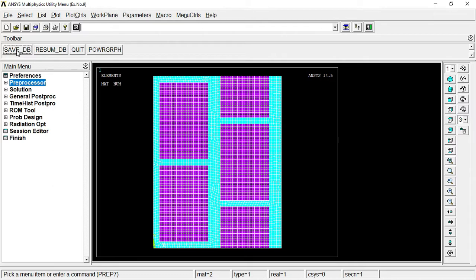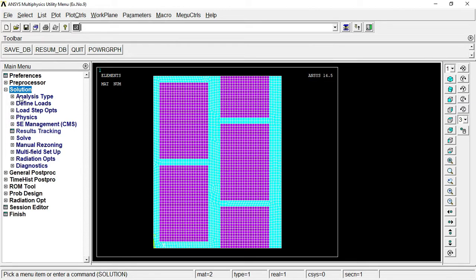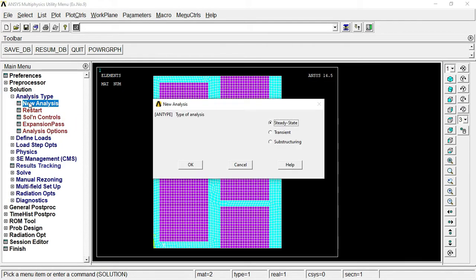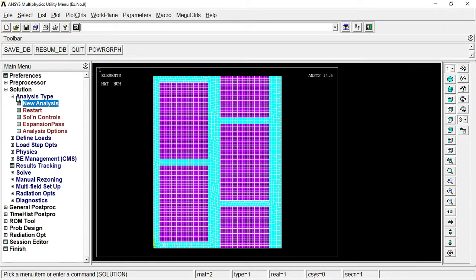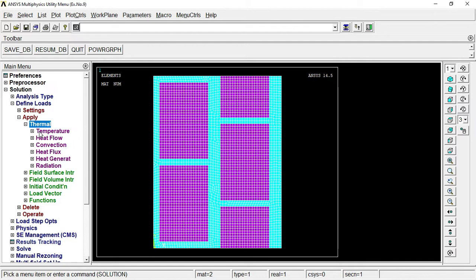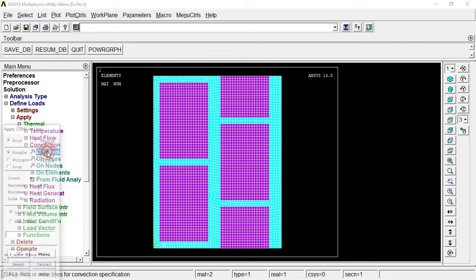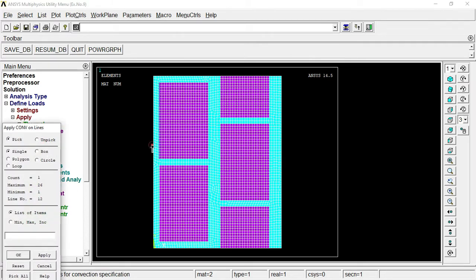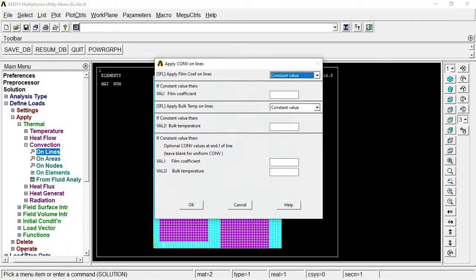Next step is to apply a boundary condition. And then go to solution, analyze type, new analysis, steady state, click OK. Minimize the analyze type, define load, apply thermal, convection on lines, select the left side line, select the left side of the steel plate, click OK, enter the film coefficient value as